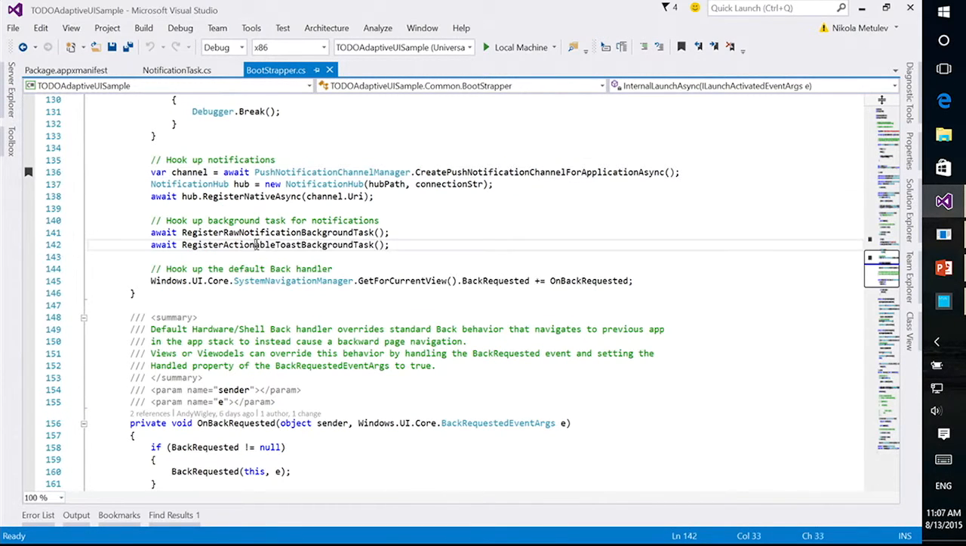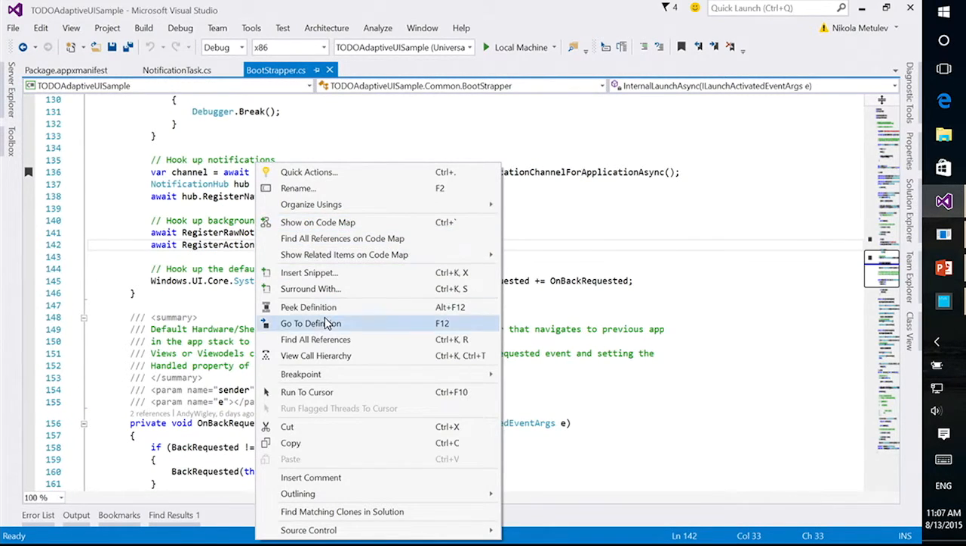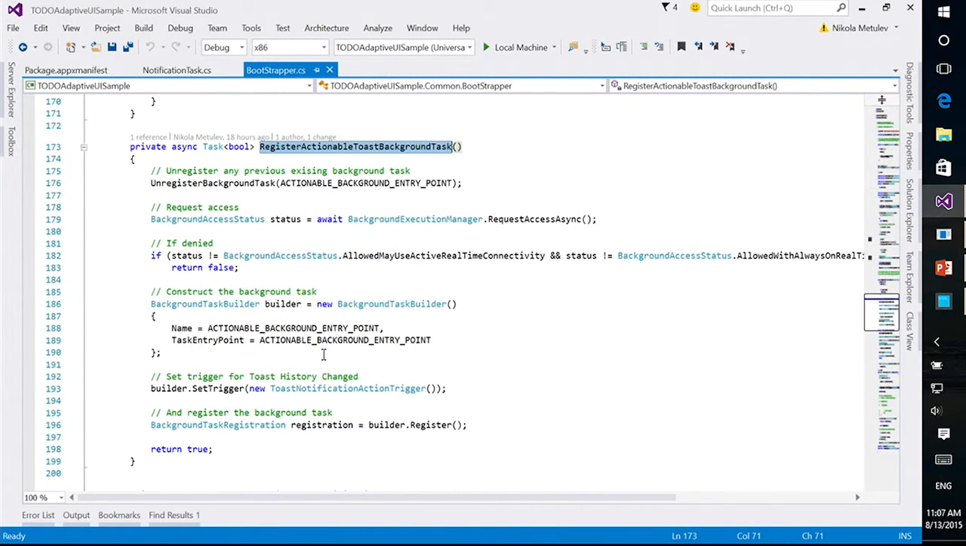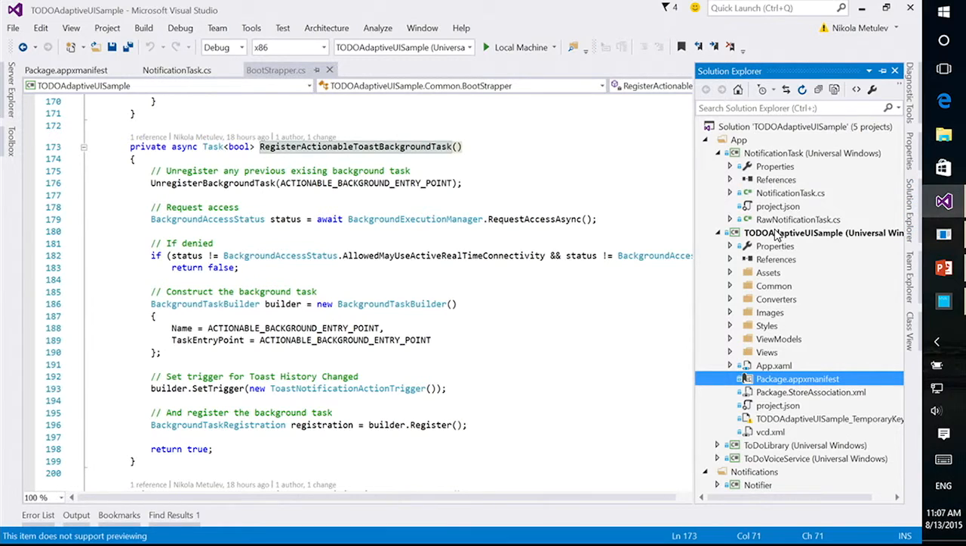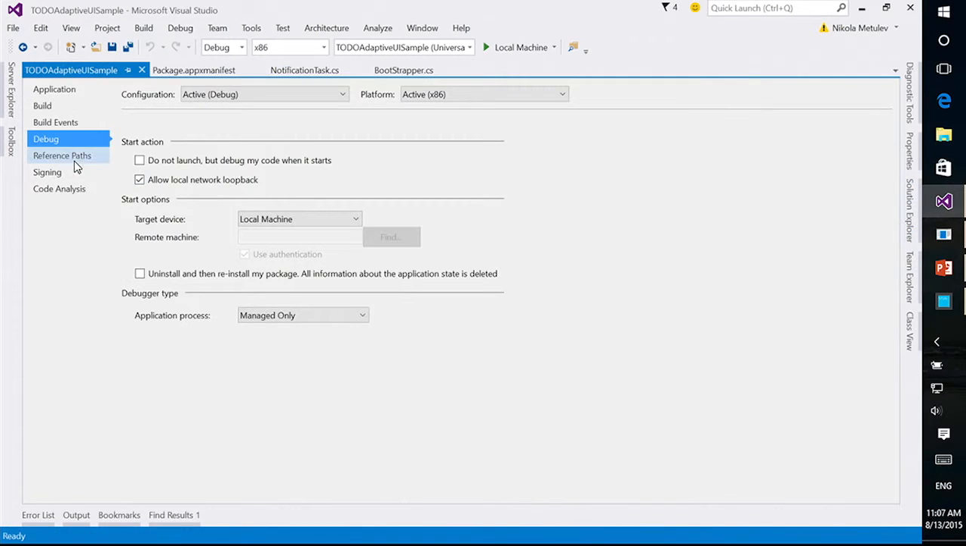So you can see here I'm registering the background task, and I'm setting the entry point right here to the name of the background task. I'm setting a trigger to a toast notification action trigger. That way, when I get an action from a toast notification, it goes directly to this background task that I've created. Nice. Now, I can actually show you this working if I set this application to not launch,